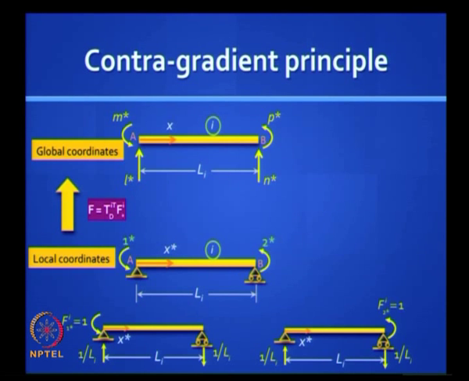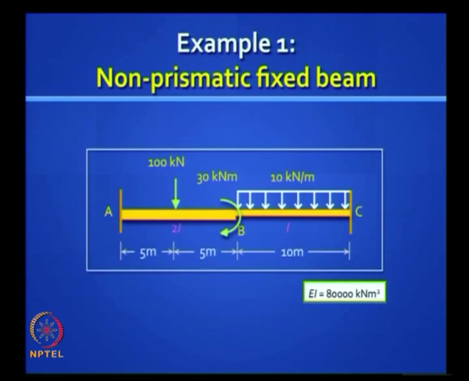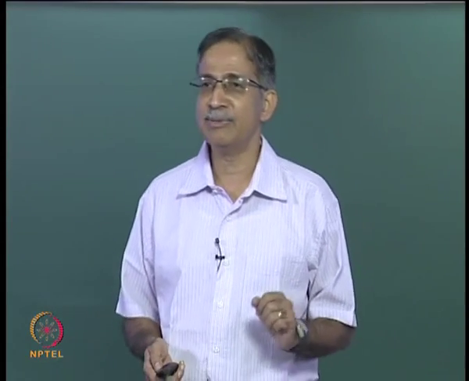Next you apply F2 star equal to 1, and you can see that of the two end moments only one is non-zero, and it has a value of +1, and you get two reactions. You can see very clearly it is 1 by L. If it is pointing upward, it is positive. If it is pointing downward, it is negative, and you can very easily generate this matrix. You get it? So this is another powerful way of generating the same transformation matrix, but we are getting it from the transpose. But my suggestion is do it the classical way, the TD approach, using the displacement transformation.